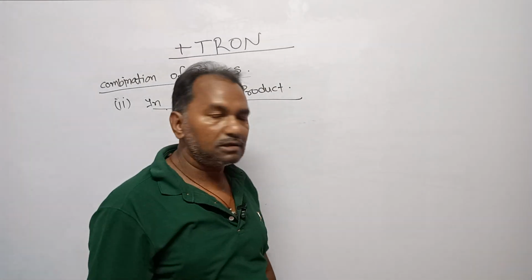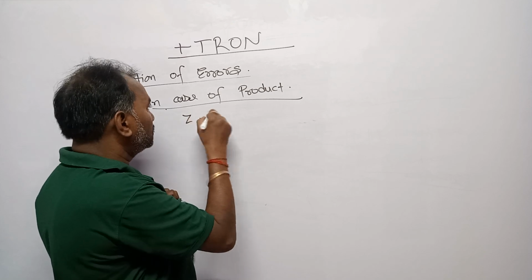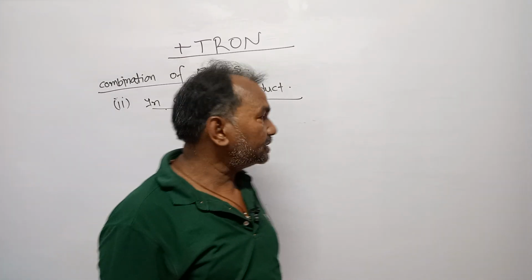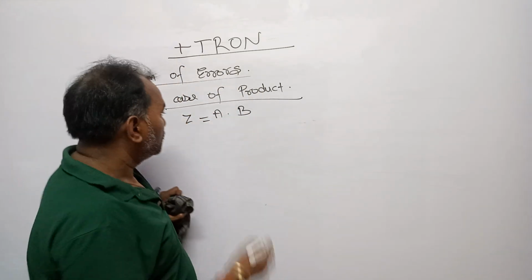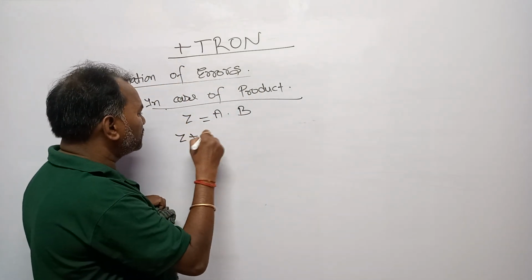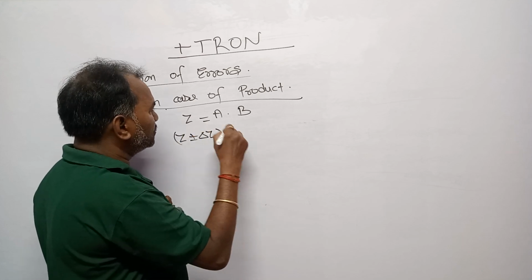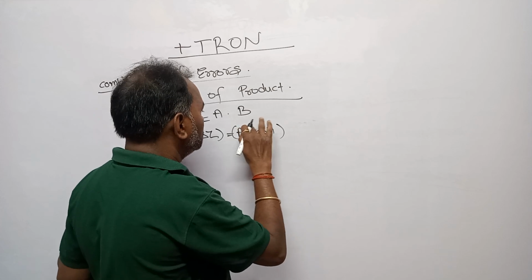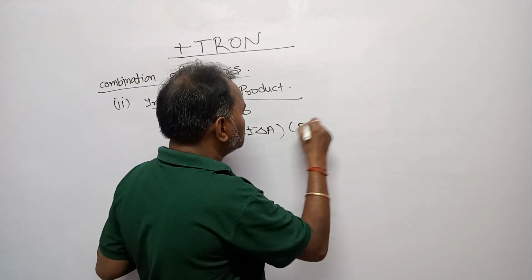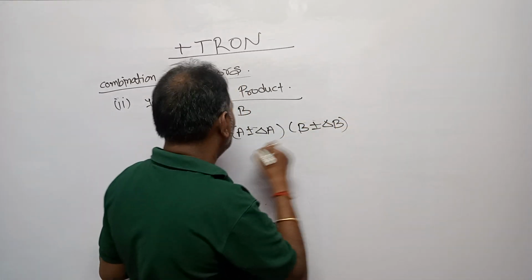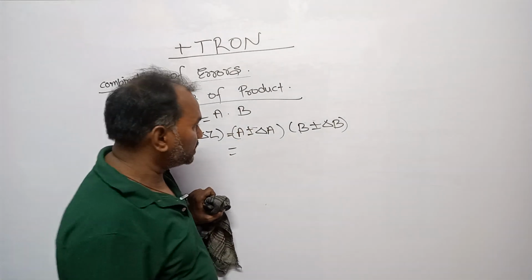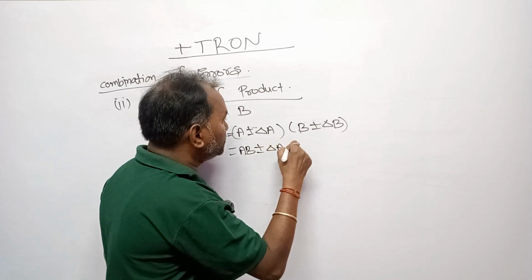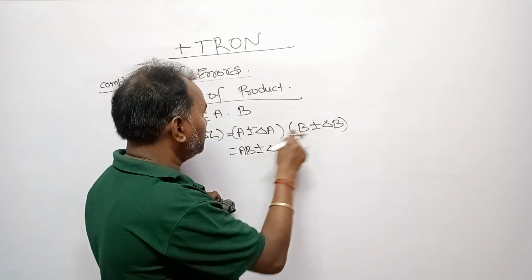Let a formula be Z = A × B. Then how do you find the error? Write down this formula with the error. That will be Z ± ΔZ = (A ± ΔA) × (B ± ΔB). Dear students, open this bracket, you will get AB ± ΔA × B